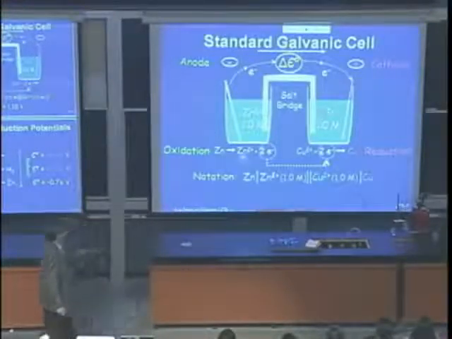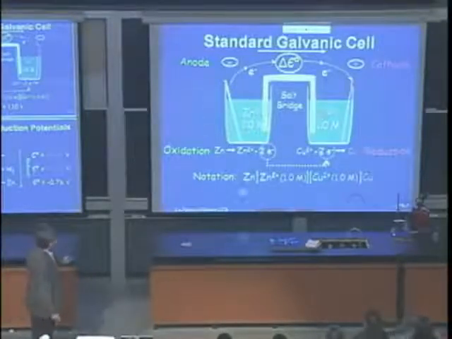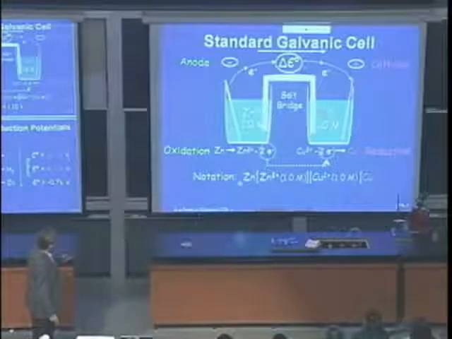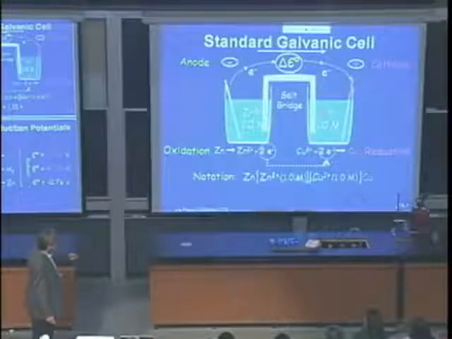So this is how you write such a thing. You have the left side, you have zinc, and this is the zinc electrode. Then you have a bar, that's the zinc solution, zinc 2 plus, and this is 1 molar, you write the concentration here. Then you have this double